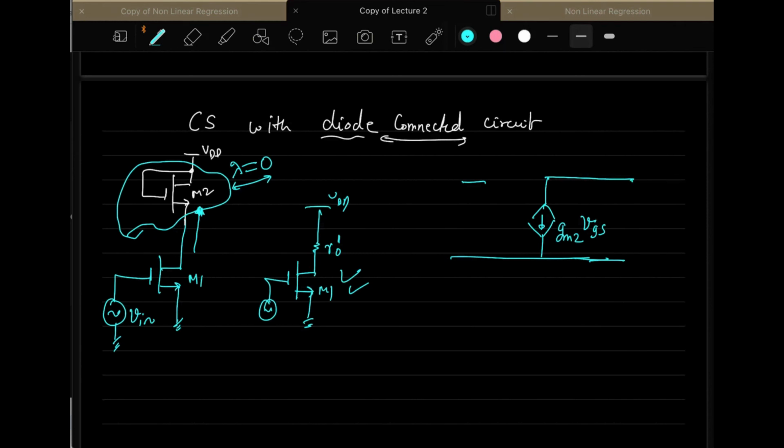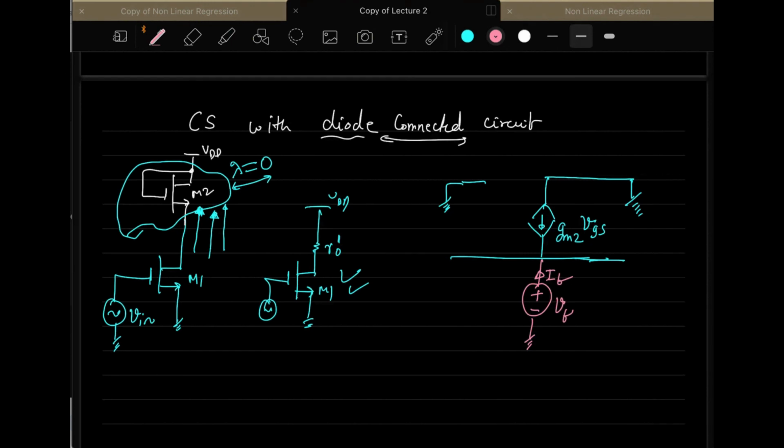like this. It is grounded because the drain is grounded here. What is the gate? The gate is also grounded. But now you observe that I am seeing from this side. So it's basically I am seeing from the source terminal of MOSFET M2. So if I am seeing from the source terminal of the MOSFET, then I will apply a test voltage here, like this.